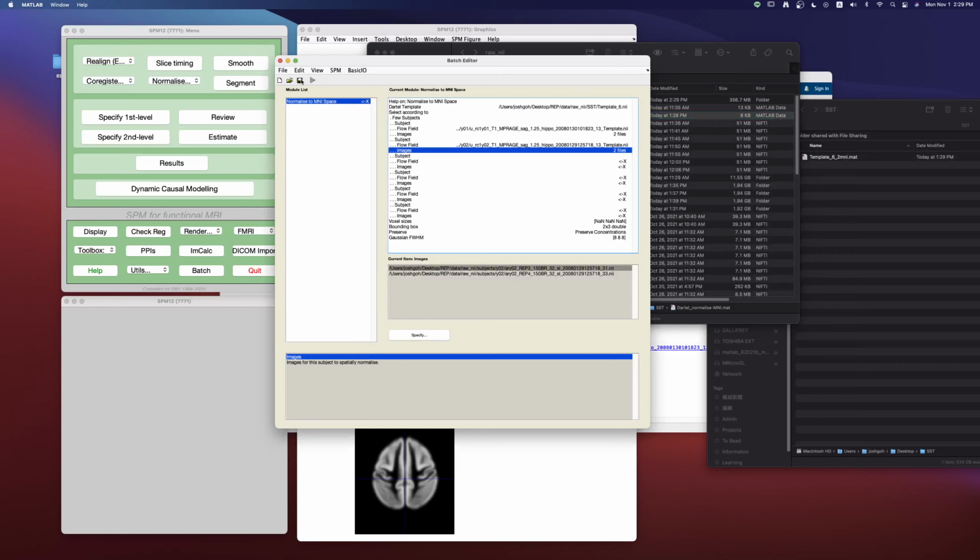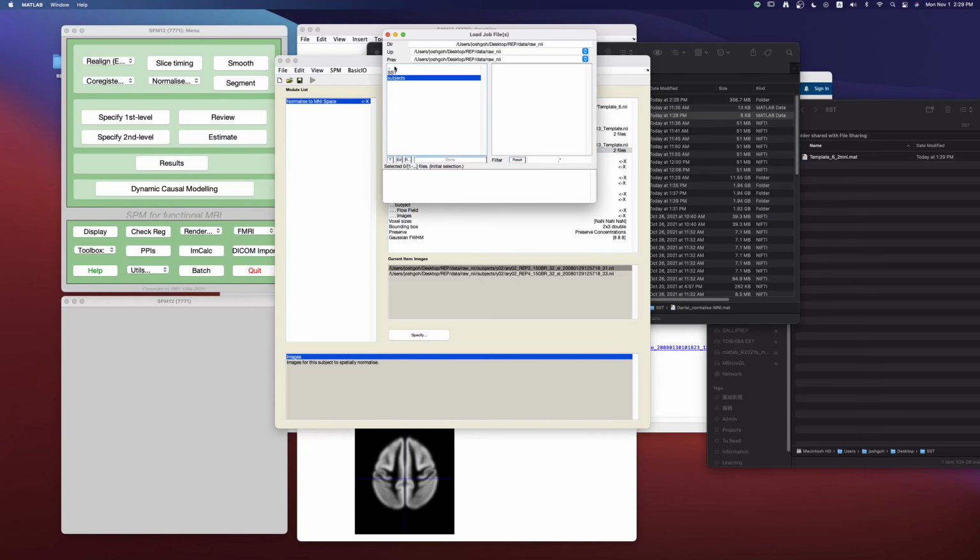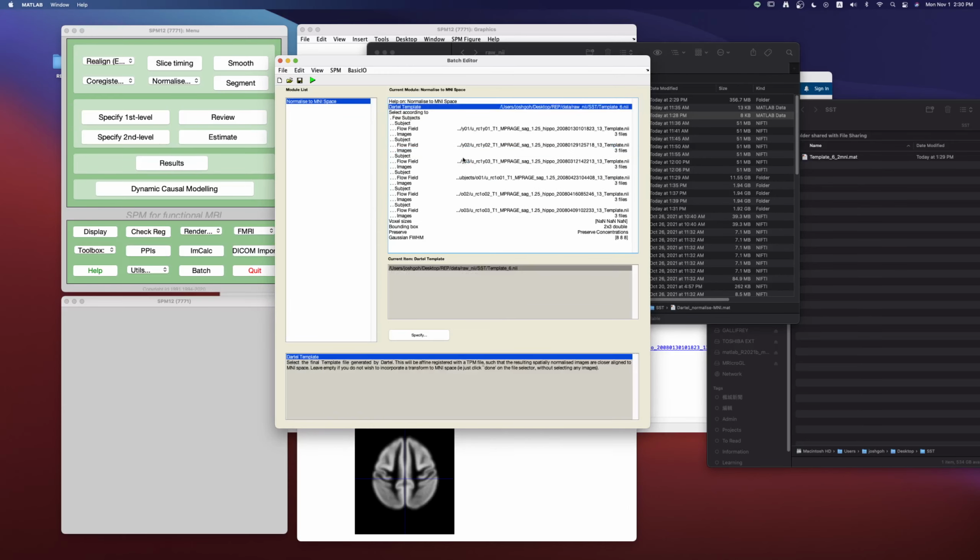and load my preloaded batch file so that I don't have to click so many things here, which I've named Dartel normalise MNI, normalize to MNI. So you can see that I've selected everything. You'll see that I've selected 3 files here. I've gone ahead and also included the MP range in here, but you don't really need to do this, all right? And also, actually, you shouldn't do this because it's going to apply some smoothing, and I'll talk about that